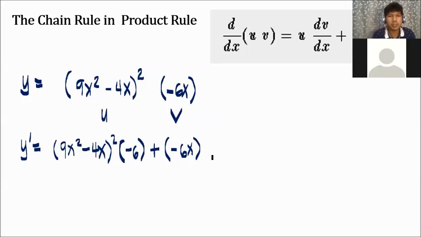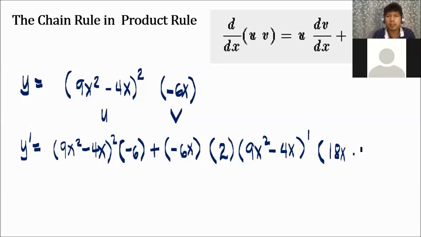Derivative of u is, since this is squared, then that would be 2, then 9x squared minus 4x. Then because it's 2, we subtract 1. So that's 1 only. And derivative of this one, the inside function is